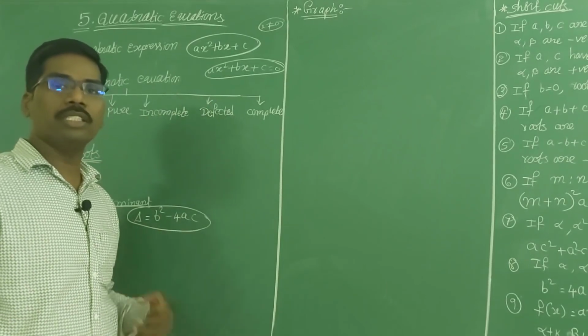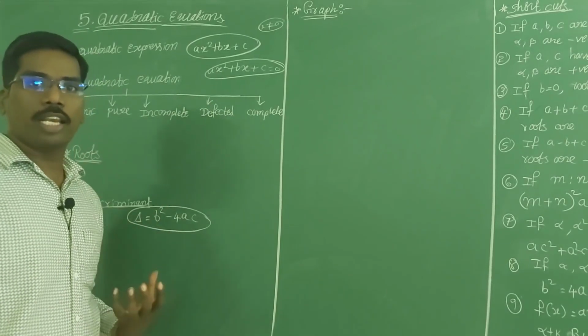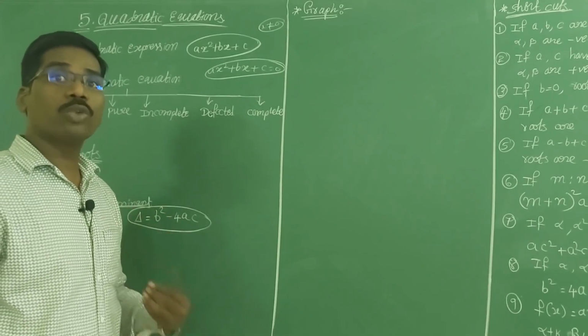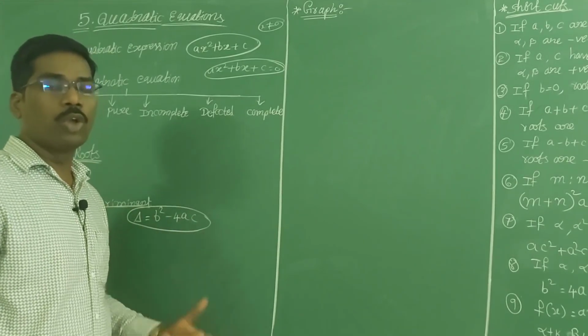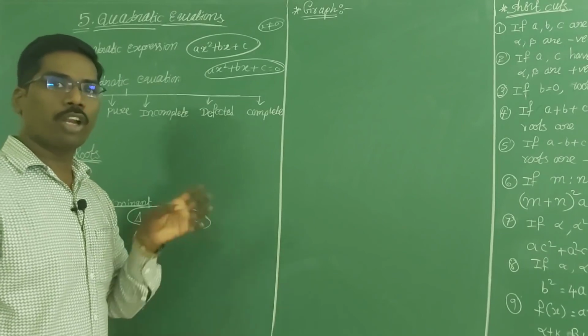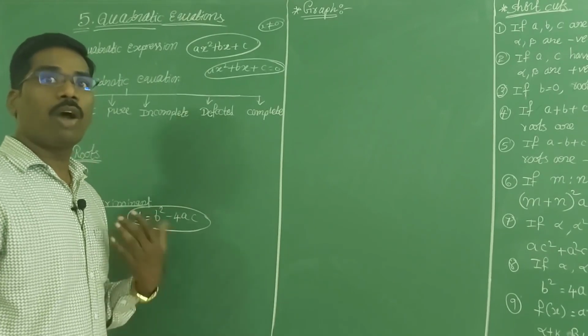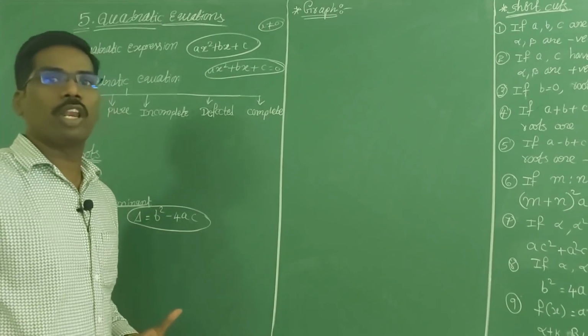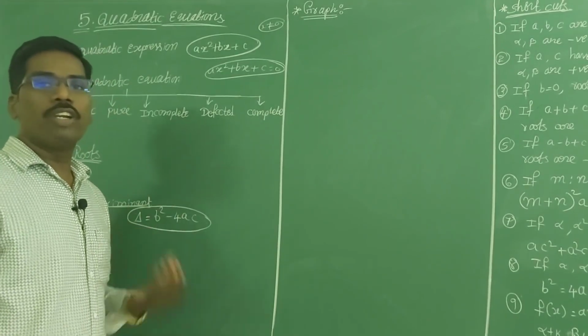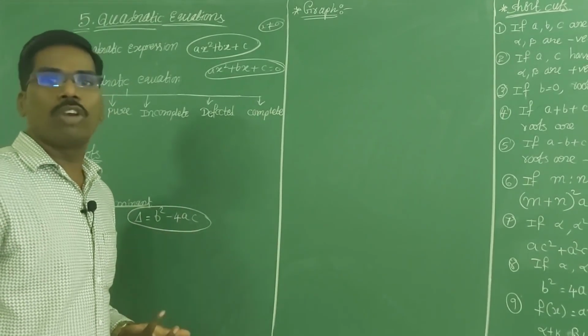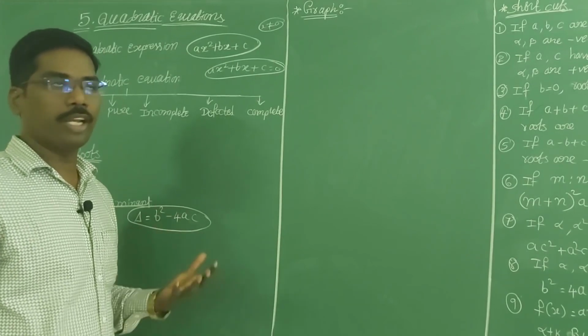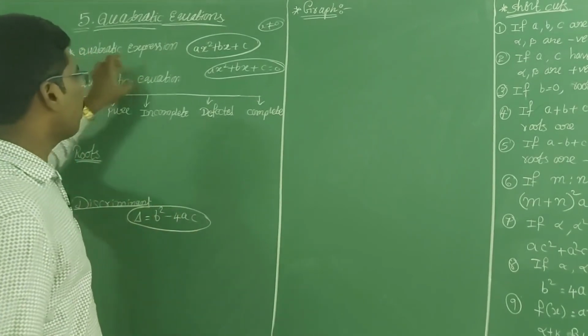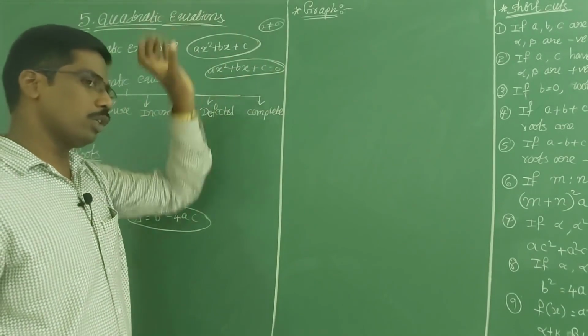In the IIIT exam they may ask like this, because we have to gain more knowledge about quadratic equations. What we learn in 10th class is only up to 10th, but for IIIT we have to get more, extra information. That extra information is what they will ask. If we don't know, we will choose the wrong answer and will not qualify the exam. So we have to learn this. Quadratic equation means ax square plus bx plus c is equal to 0.